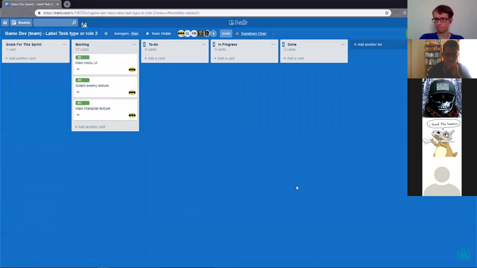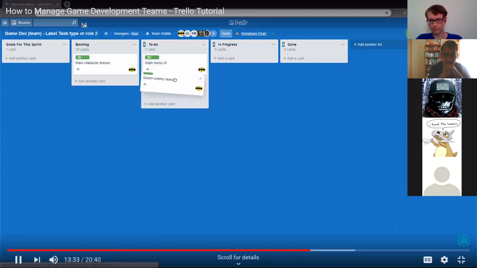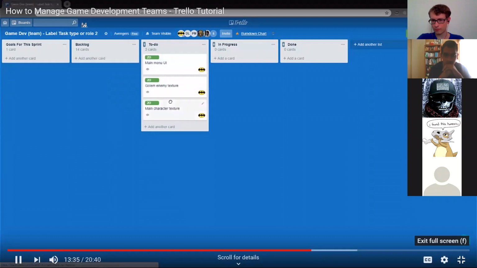Let's say you can't estimate as accurately, which is fine. Even I can't. And most teams require a few sprints before they get better and better at estimating their tasks. So during the discussion, you will then narrow down maybe these 3 are good to go and the team feels confident they can accomplish it within 2 weeks. Then you move them to do.